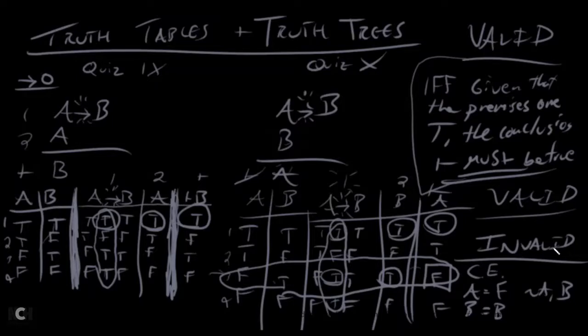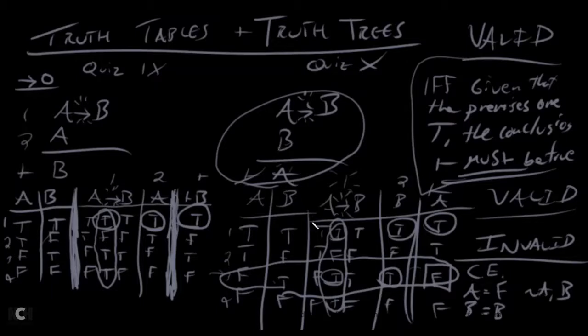And it even tells us when it doesn't work, when the argument is invalid. And that's exactly what a table does. It tells us, here's why this doesn't work. It's not because you didn't know there was a rule for it. It doesn't work because it doesn't add up. It's invalid. There's an instance where if you had all true premises, you get a false conclusion. That means there's no proof for this. You could not solve a proof for this. No proof exists. And that's what a truth table allows you to do. Truth trees allow you to do this as well through another method. So let's take a look at some more tables and see if we can figure out the validity or invalidity